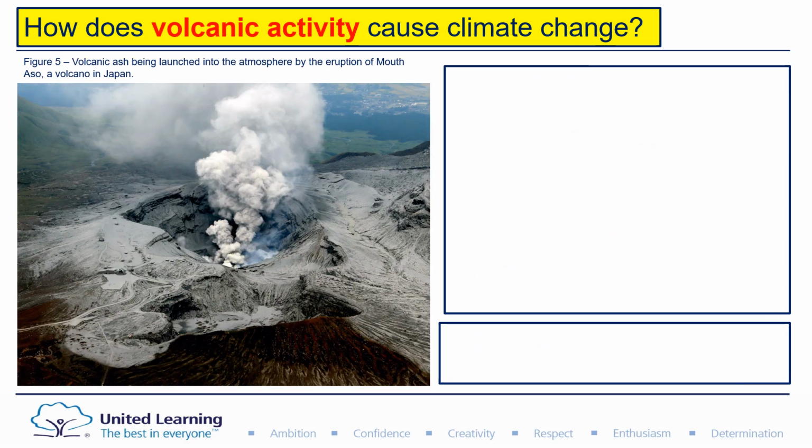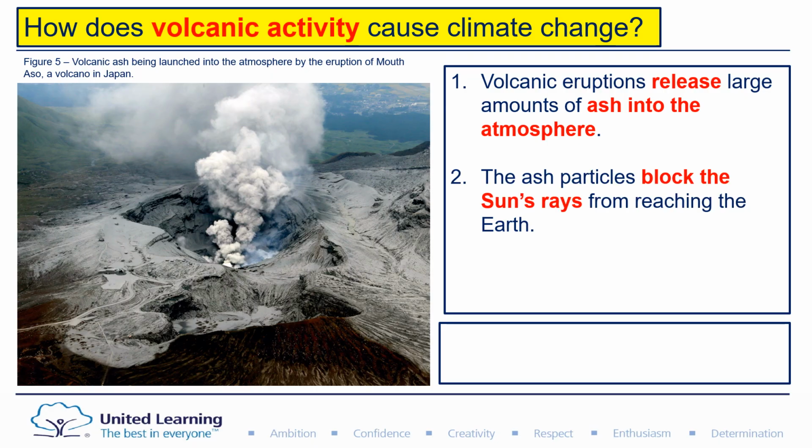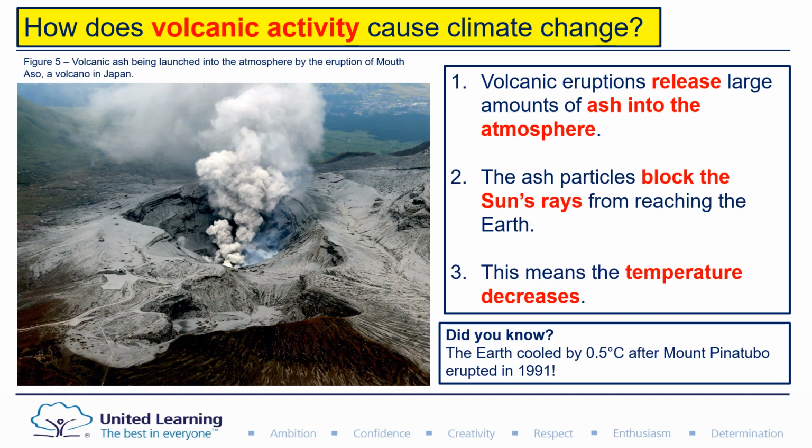Another natural cause of climate change is volcanic eruptions, okay? And before you think volcanic eruptions make it warmer, they don't. Volcanic eruptions lead to global cooling, okay? Knowledge: volcanic eruptions release large amounts of ash into the atmosphere. These ash clouds block the sun rays from reaching Earth, and due to less solar radiation reaching the Earth's surface, global temperatures decrease. A bit of PLC you can pop in is after Mount Pinatubo erupted in 1991, global temperatures